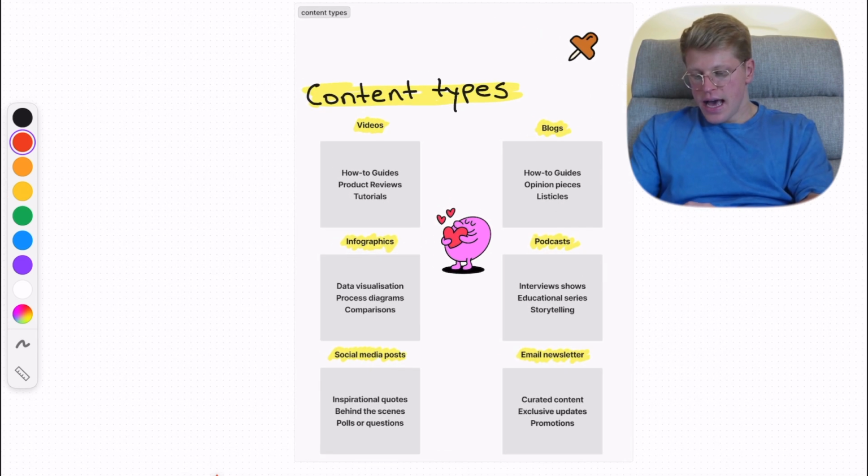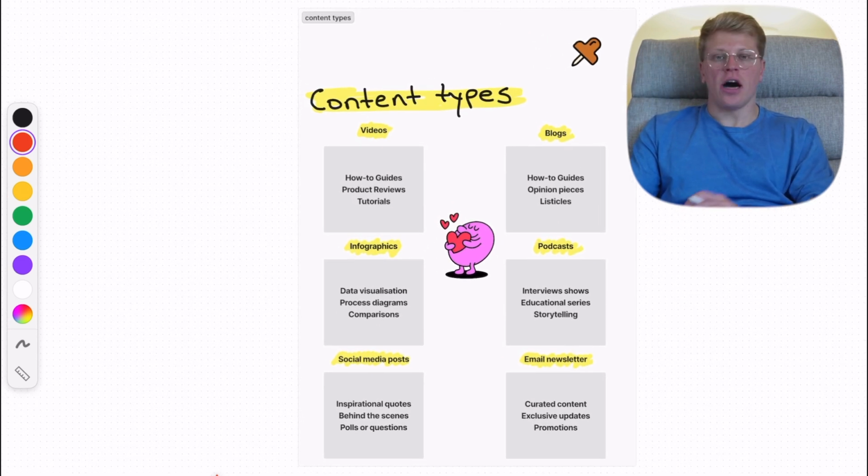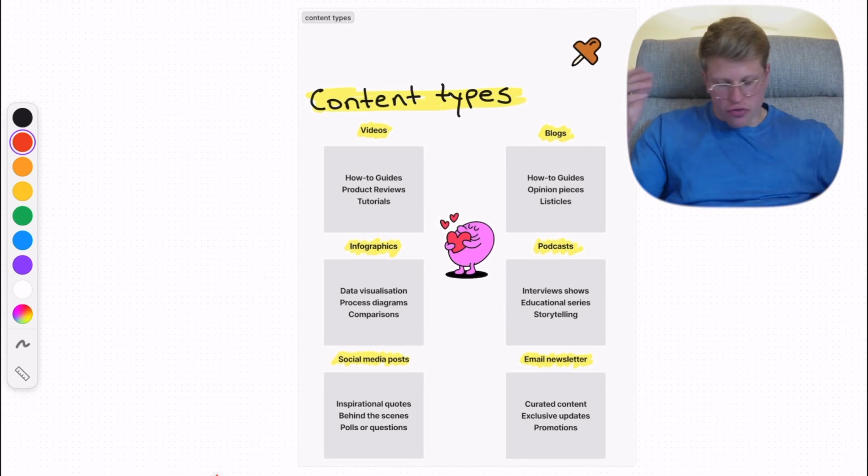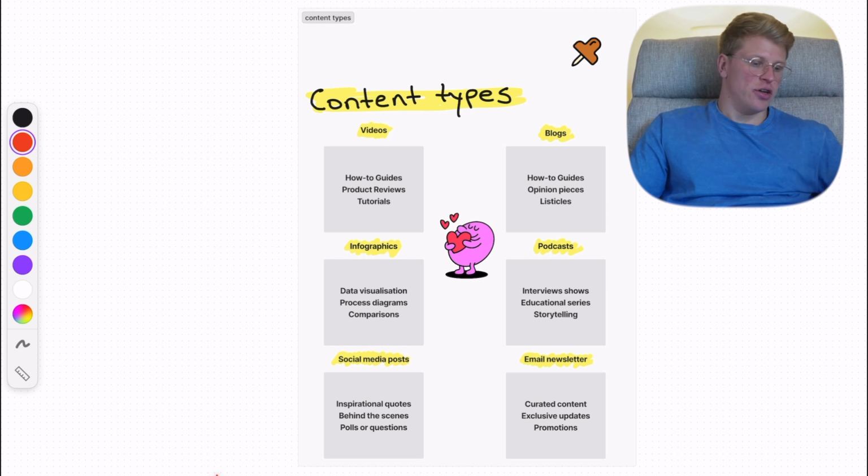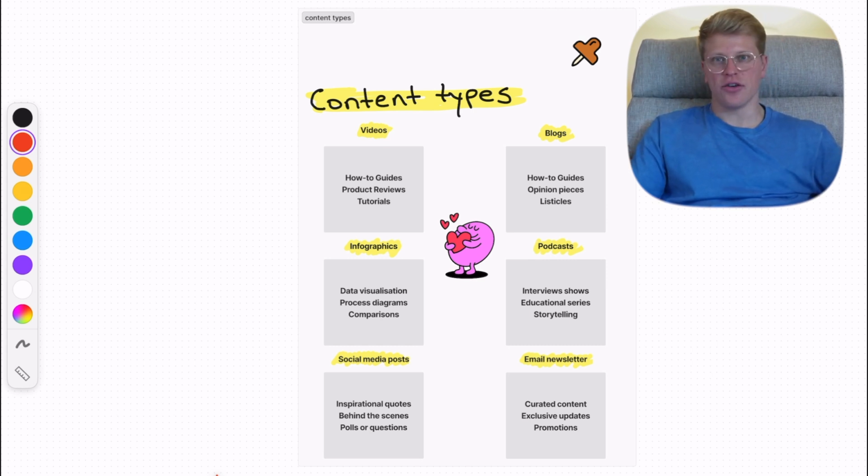Great. Next, we have different content types, all right? So when it comes to creating content, you might be thinking, all right, well, what kind of content can I create, right? Because, you know, someone who is doing videos, right, they might say, oh, you just got to do videos, right? That's my bias, right? I didn't know of any other content types basically before I did this research.